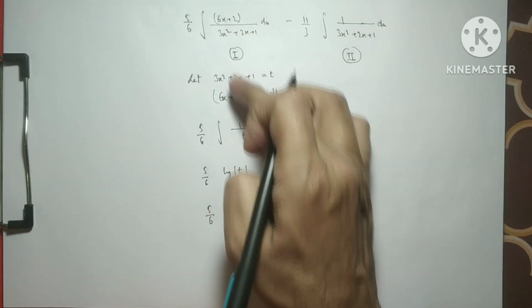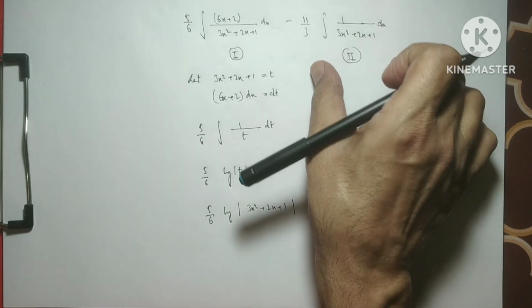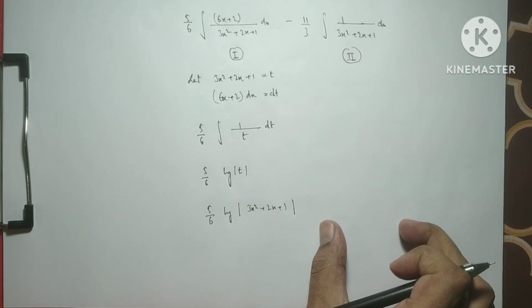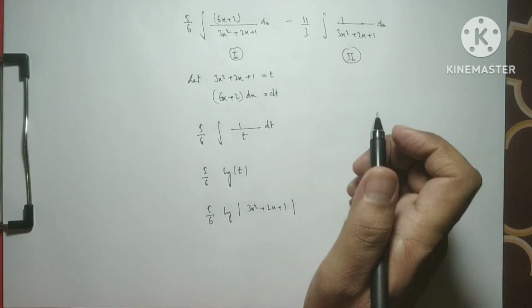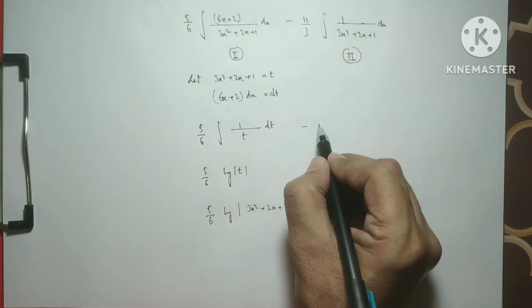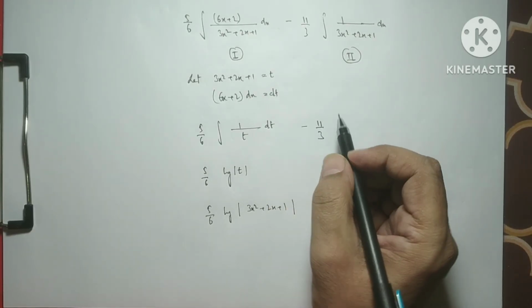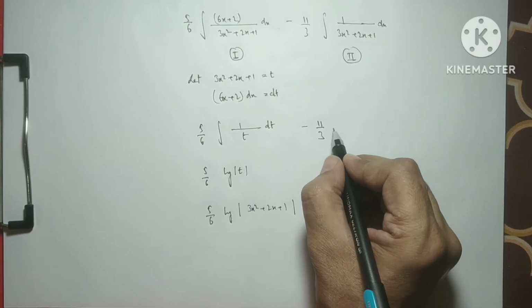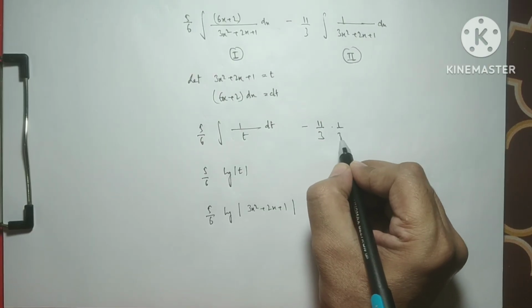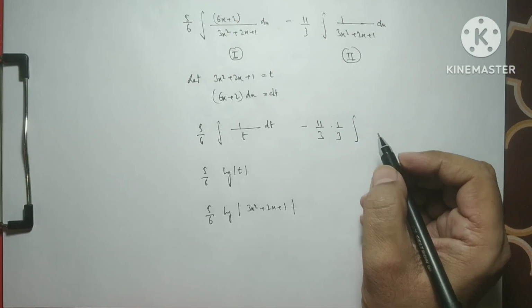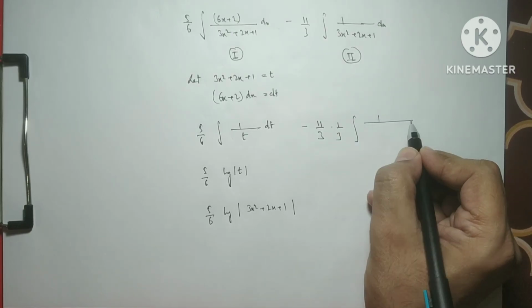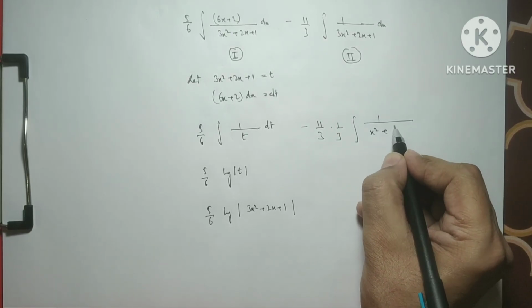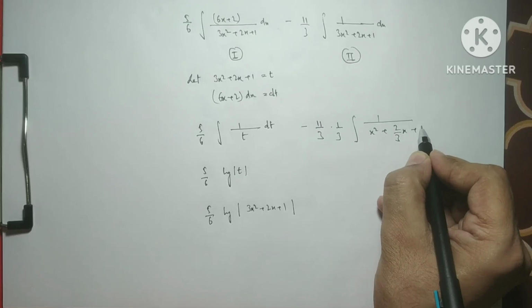So this is the answer of the first part. Right now we will operate the second part. According to this we have 11 by 3, and the first condition is that the coefficient of x square should be 1. So we take 3 as common. So right now the remaining part will be 2 by 3 x plus 1 by 3